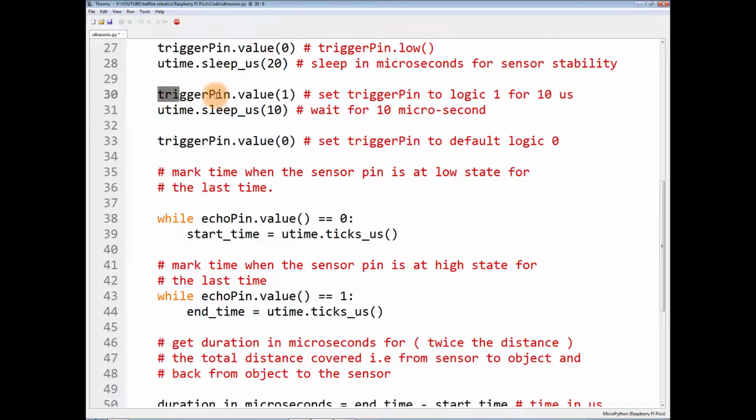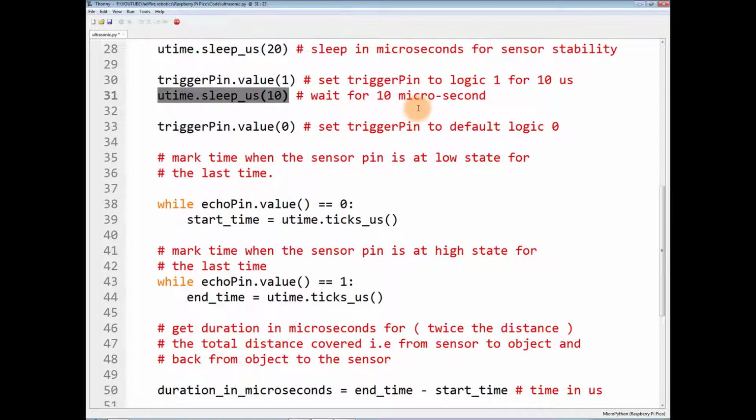Now you have to set the trigger pin to logic high. This is given in the datasheet, that you have to first set the trigger pin to logic 0, and then set the trigger pin to logic high for a minimum of 10 microseconds. So you have to wait for 10 microseconds in order to register that the trigger pin is active high.